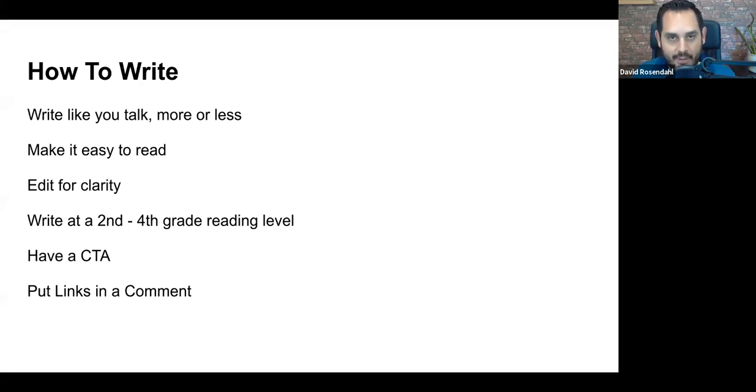The other thing is, and some of you know this already, but for some of you, this is going to be a light bulb moment. If you take the link to the article or the piece of content and you put it in the first comment, meaning don't include it in the body of the post, extract it and tell people to go grab it in the first comment, what's going to happen is that LinkedIn will give you more visibility, it seems, more of a reach across LinkedIn if that link is not in the body.